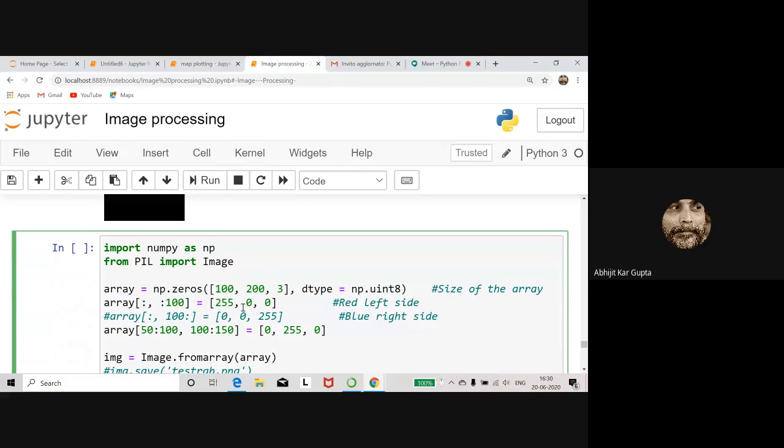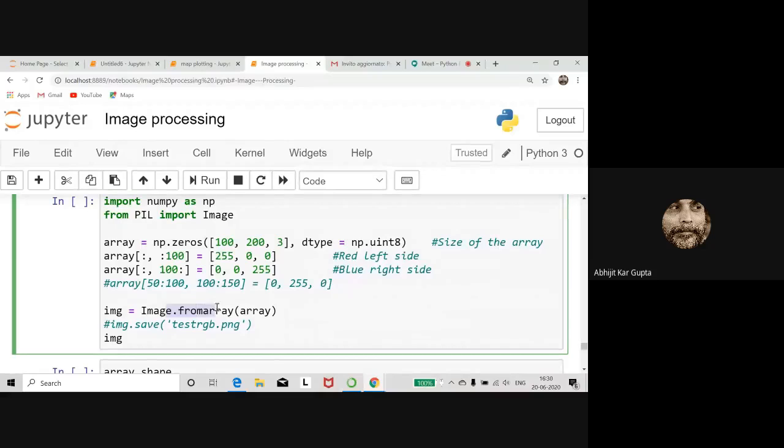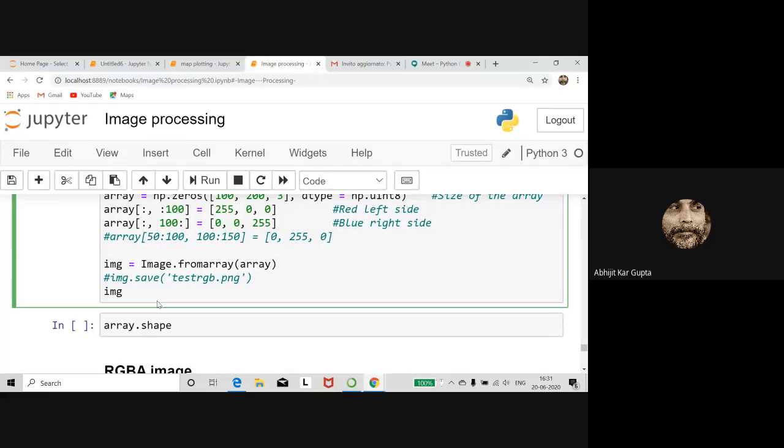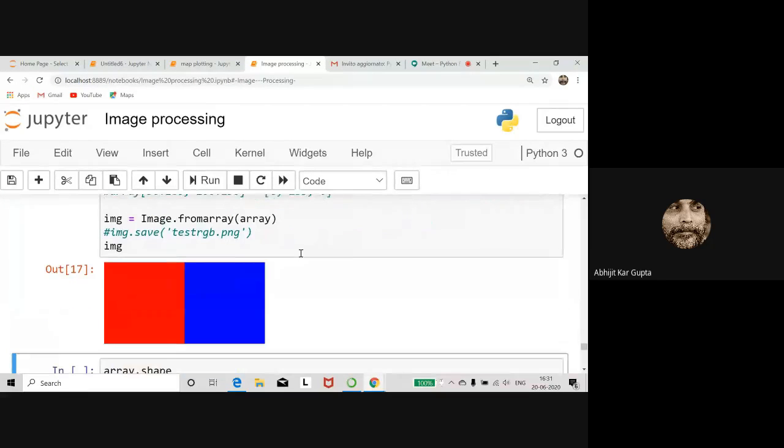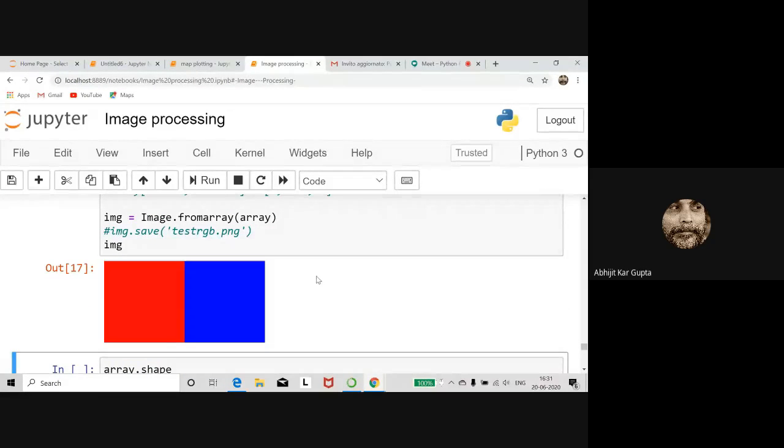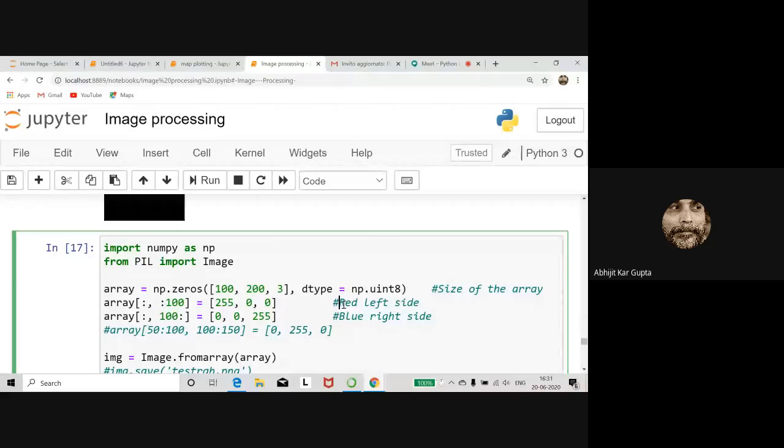You give the three numbers, 255, 0, 0, three colors, the red side, left side, and you also do this for the other part, and then you form the array with fromarray. You can save it and check it. You run these, and you see you have created two boxes of two colors: red on the left side, and blue on the right side.